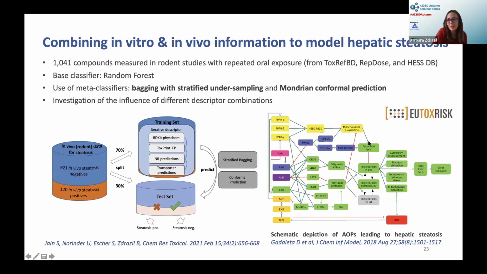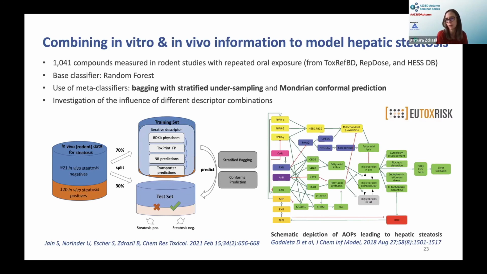So the starting point was an AOP network that you can see here. An AOP network is a condensation of different AOPs. In the end, it was different molecular initiating events, which you will recognize are nuclear receptors. Upon activation of these nuclear receptors via certain key events, they all lead to a common adverse outcome, which